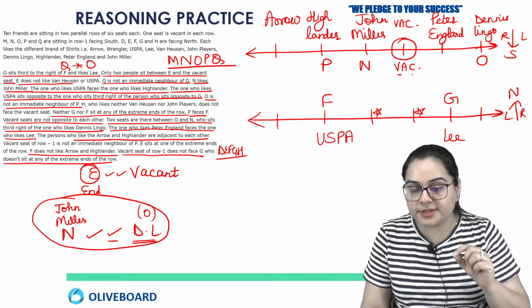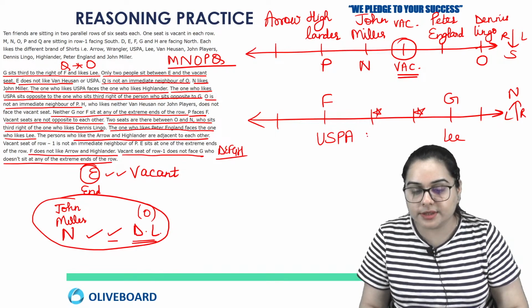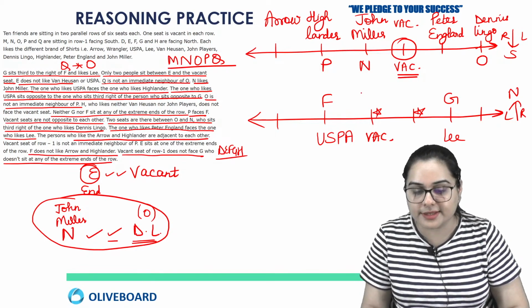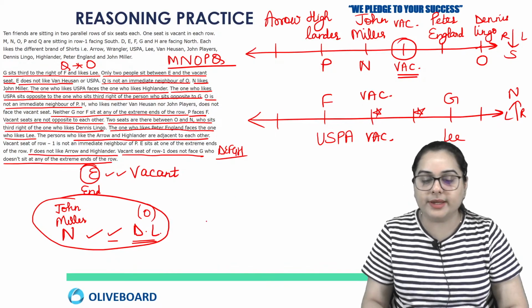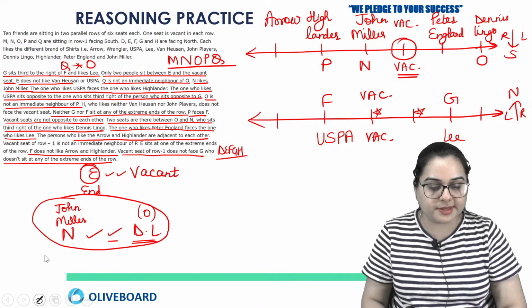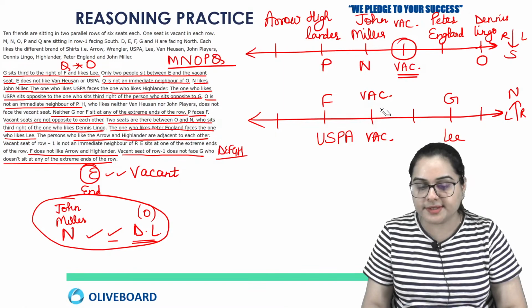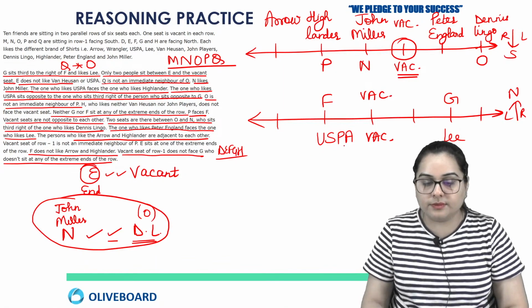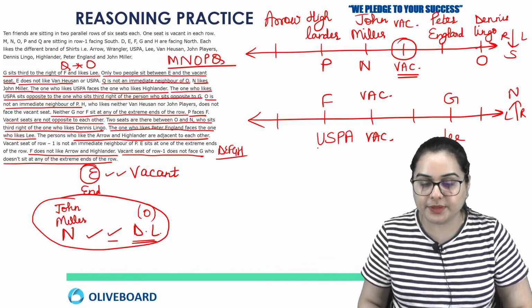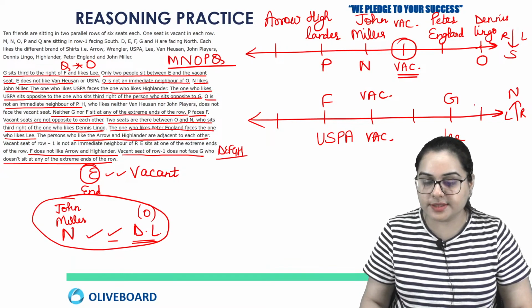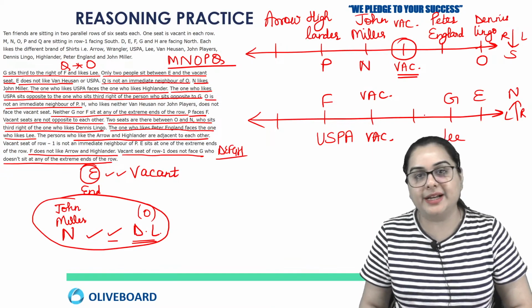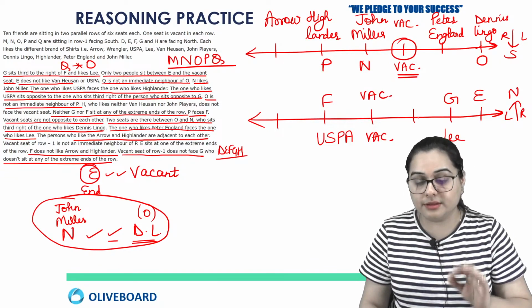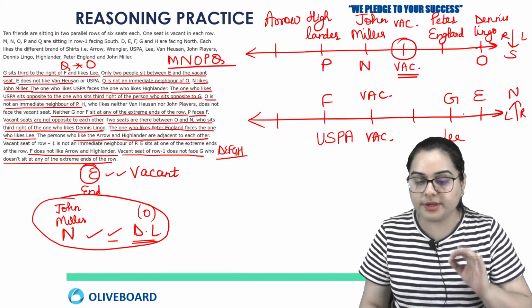And in the first row, if the vacant seat is here, then in the second row I'll have to consider this position as the vacant seat. So I hope this is clear. Students, kindly confirm me in the comment section. Is this much question clear to you? Yes? Okay, so if this vacant seat is here, I can fill the position of E now. So E will be written here.